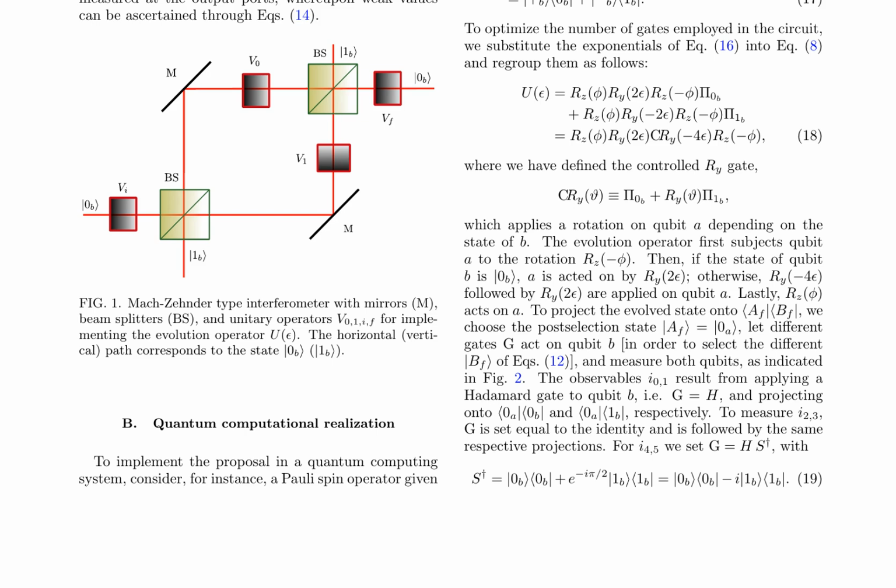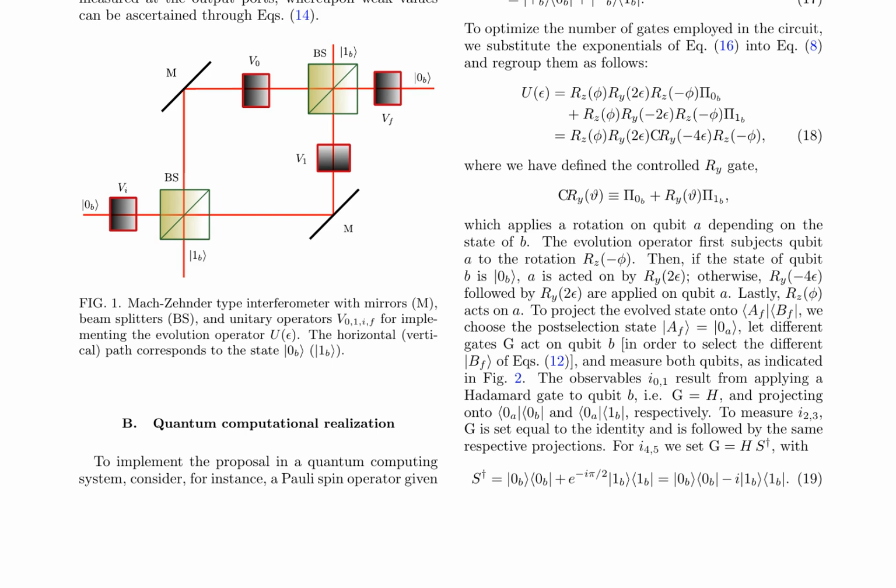The evolution operator first subjects qubit A to the rotation Rz, phi, then applies the controlled Ry gate, and finally acts on A with Rz, phi. To project the evolved state onto AF, BF, the authors choose the post-selection state AF equals 0a and apply different gates G on qubit B to select the different BF. The observables I0, 1, 2, 3, 4, 5 are measured by applying a Hadamard gate to qubit B and projecting